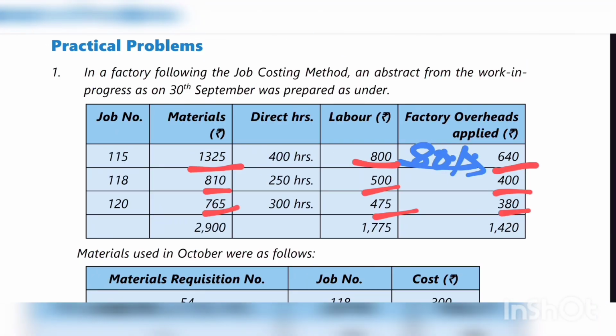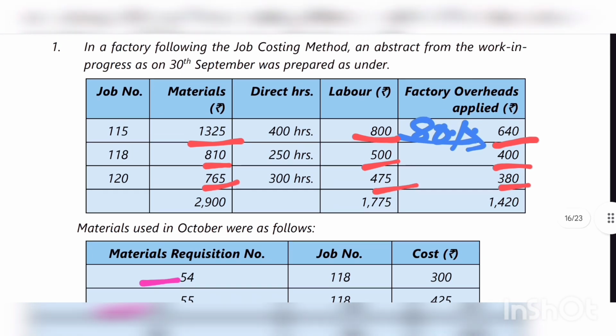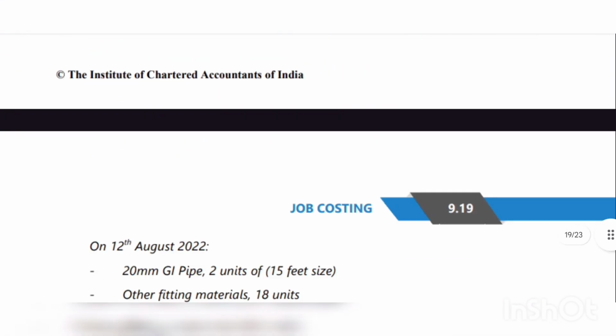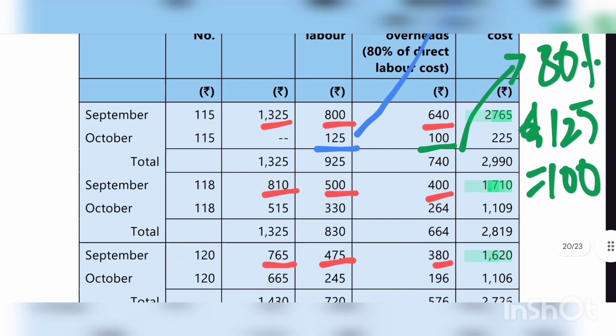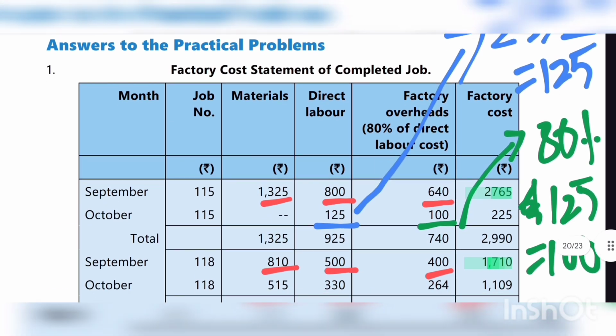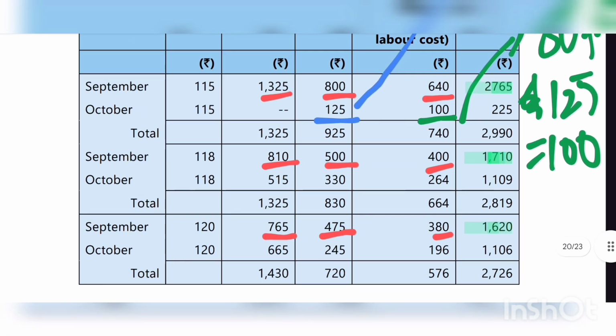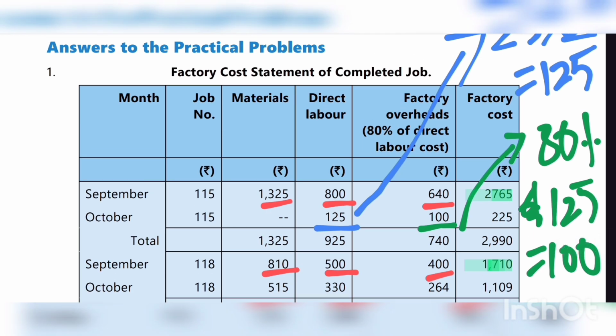Let's proceed with the sum by filling in the data we already had in the question. They gave that in September certain expenses were incurred, which was highlighted in red color. First of all we have to fill it in for these 3 jobs. Let's do it first. We have to fill in the material, direct labor and factory overheads they gave, which were highlighted in red color. First of all you have to fill it in and the total factory cost, and after that in October the direct labor